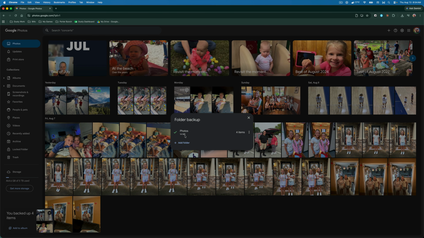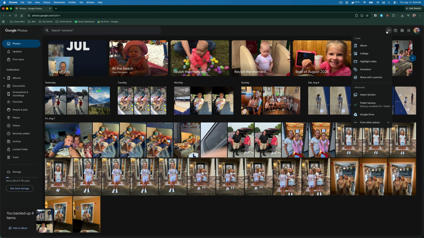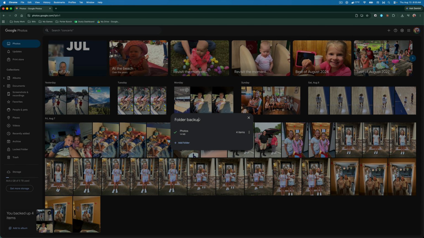As you can see the size here, we can add more folders if we want, or we can click the three dots here and go to Remove. To get back to that, you would just hit the addition symbol again, go to the folder backup section, and then right here you can add other folders that you want backed up or see the progress of the ones